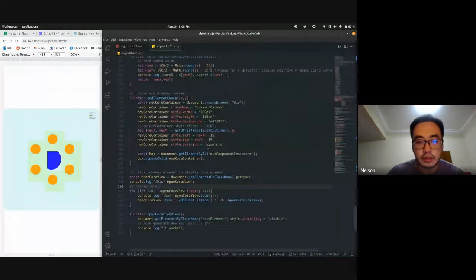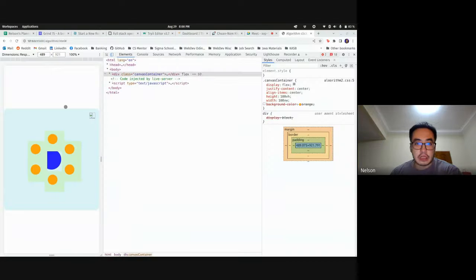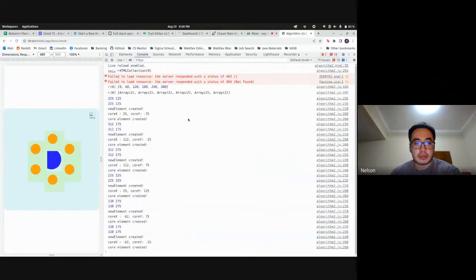Our goal for today is just displaying the smaller components around the yellow part, and we're just going to do it for the first mid element. We were able to get something on last week, but